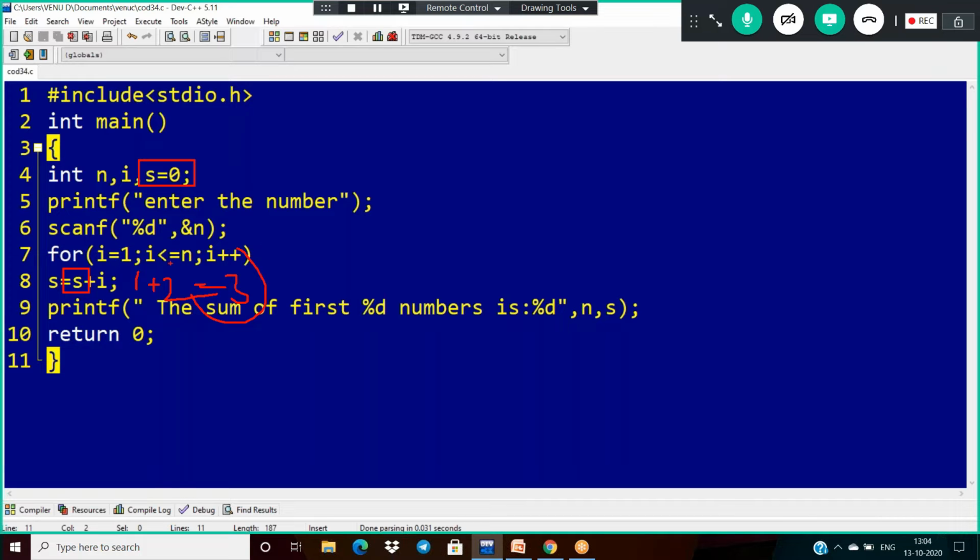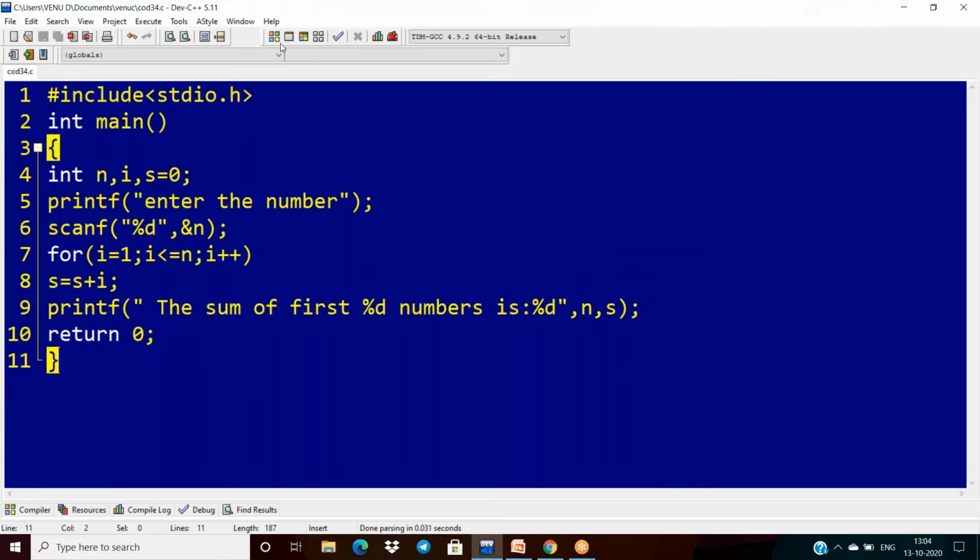Next i will be 3, 3 is less than or equal to 5, then 3 plus 3 is 6. i will be 4, 4 is less than or equal to 5, 6 plus 4 is 10. Then i will be 5, 5 is less than or equal to 5, so it is true. Then 10 plus 5 is 15. Then i will be 6, 6 less than or equal to 5 fails. So finally, sum has 15 here.